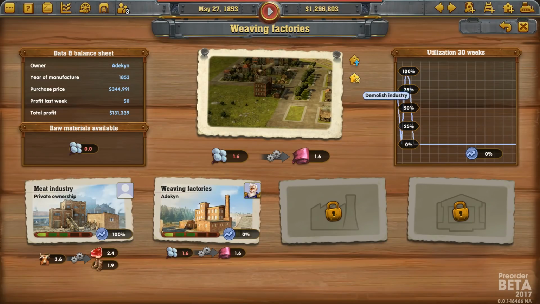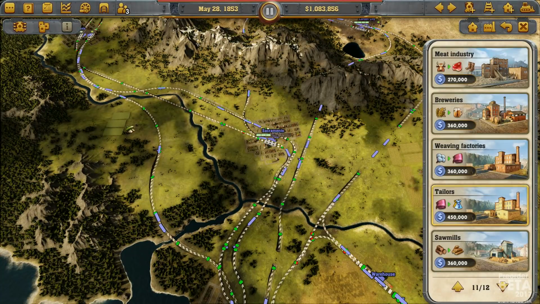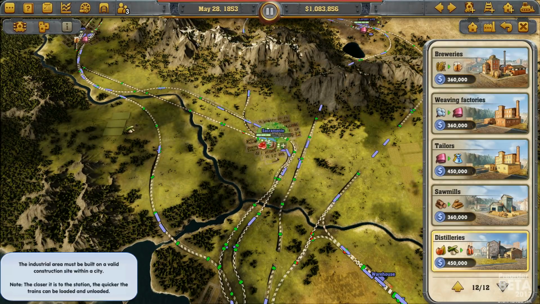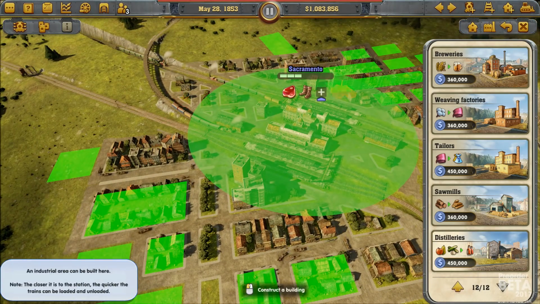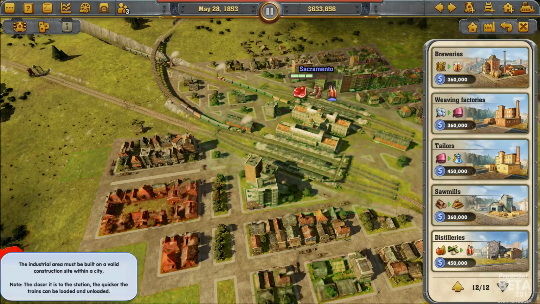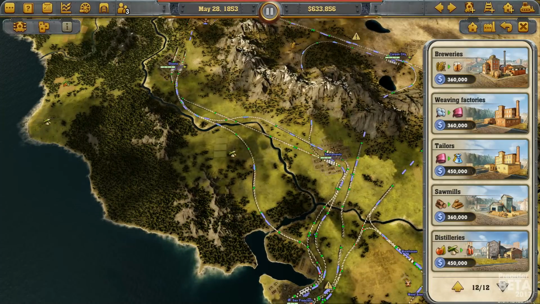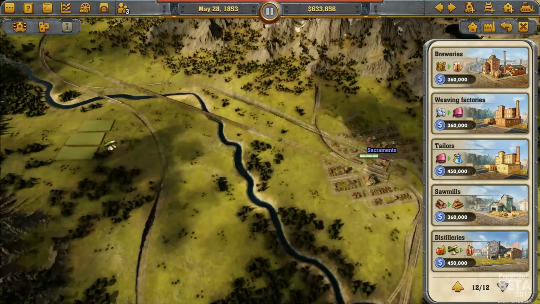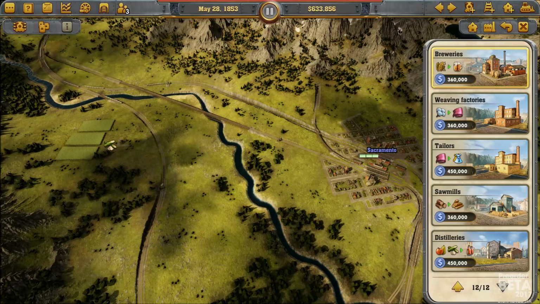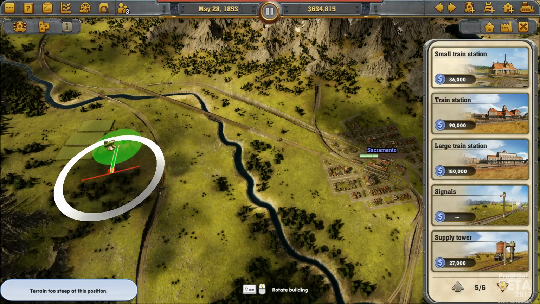It wasn't that bad. We're going to demolish it, and we're going to put in something else. We'll put in, it's time for our distillery. We've got to get on that alcohol because it's something we have to create. So we are going to put our distillery in close to our freight line so we can get stuff. We already have fruit coming in. We just need to add sugar into the mix, and we'll be able to make our